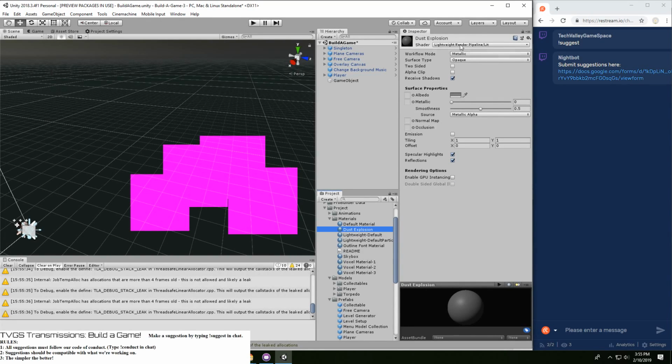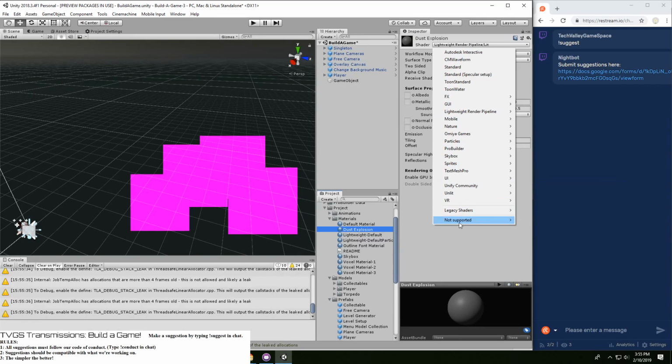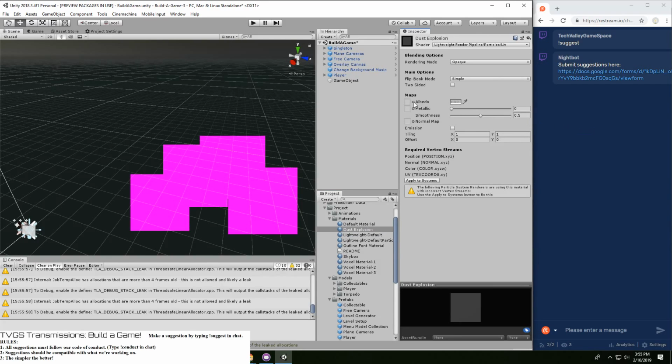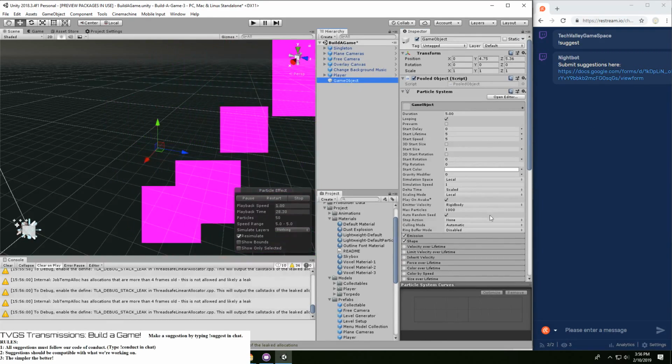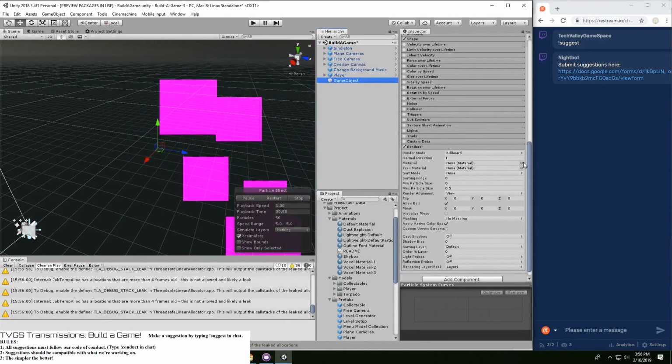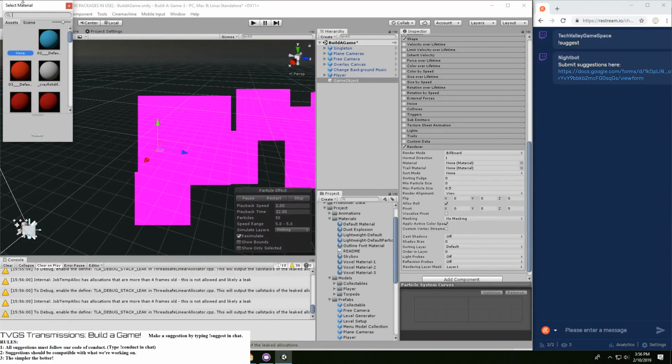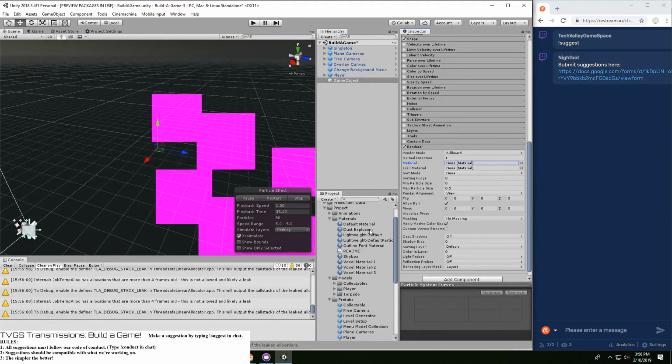And we're going to switch this to, it should be under, I don't know why it's under not supported. No, it should be under lightweight pipeline, and then particles. And let's try lit. I'm curious what happens if we choose lit. So it's just going to do that. We got this. And we want to switch this to good old dust explosion.